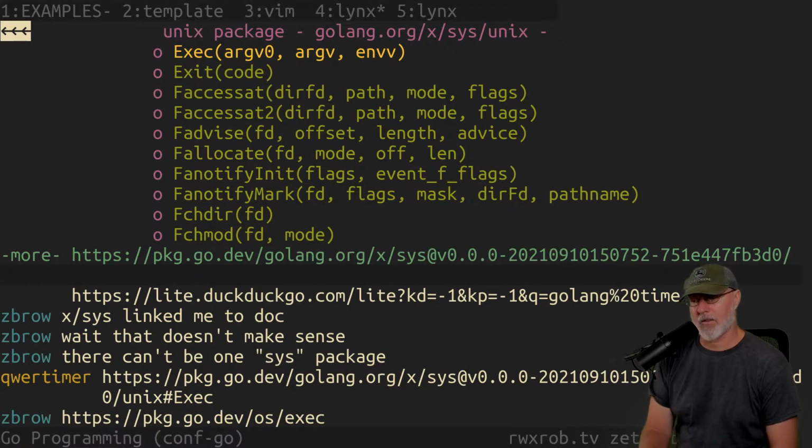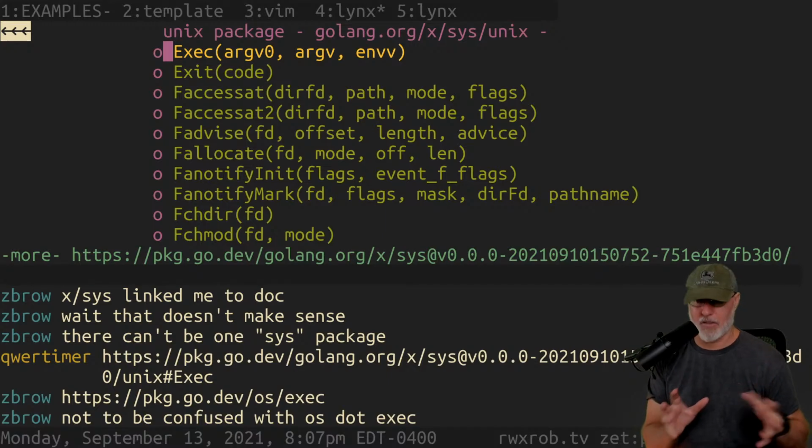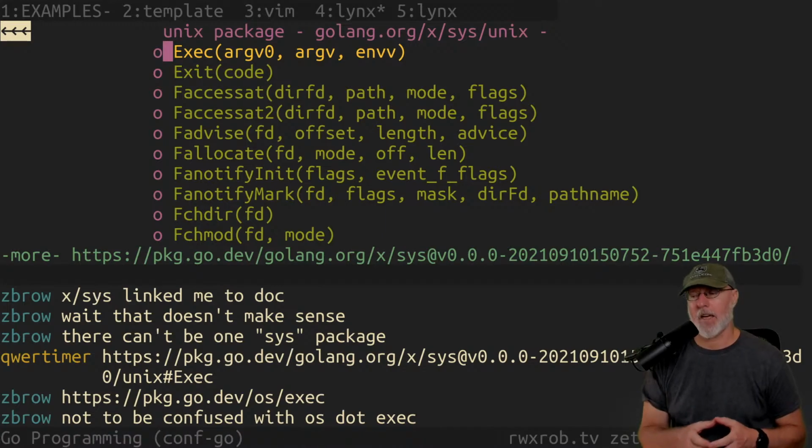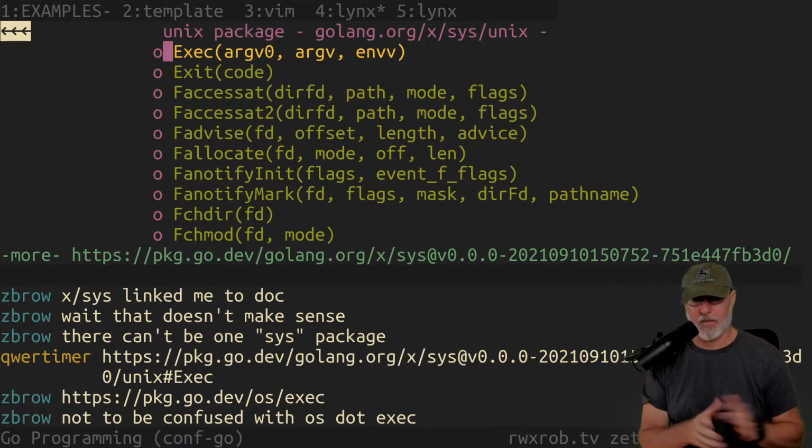OS exec is totally different. That's what I'm trying to say. So OS exec is the whole point I'm trying to make right here. This last 30-minute tirade has mostly been about how we have to create a file lock for the writing, and we're looking for Go functions. And this is kind of a treasure hunt. If somebody wants to help me find it before tomorrow night. Tomorrow night we're going to be doing AMA, by the way, so it's completely different. But if somebody wants to find a way to get a write lock on a file that will be consistent with every operating system, it'll probably be in OS, by the way.